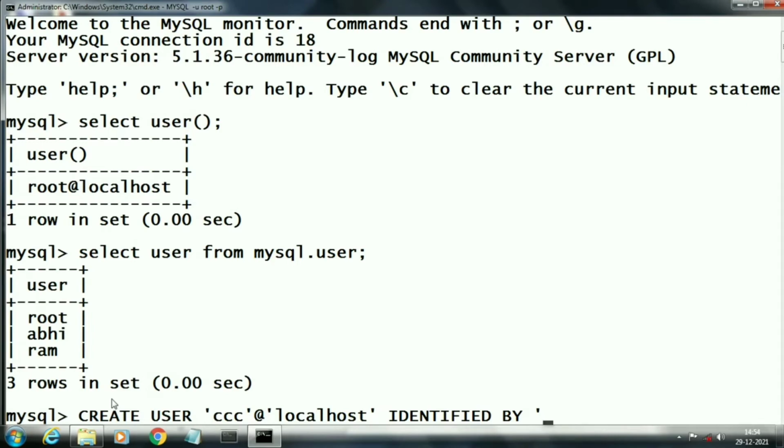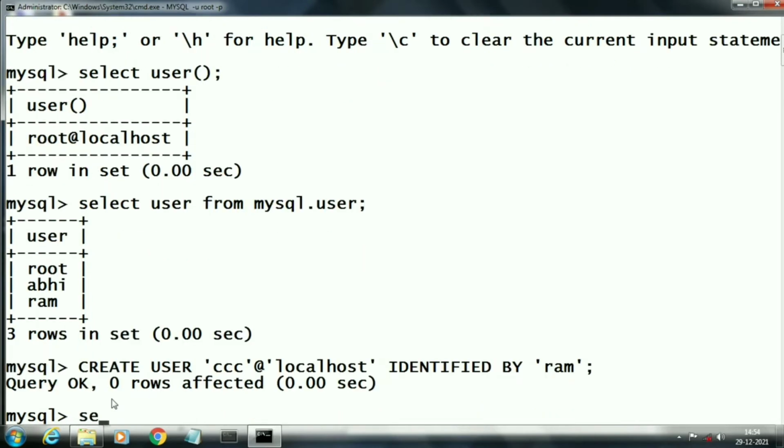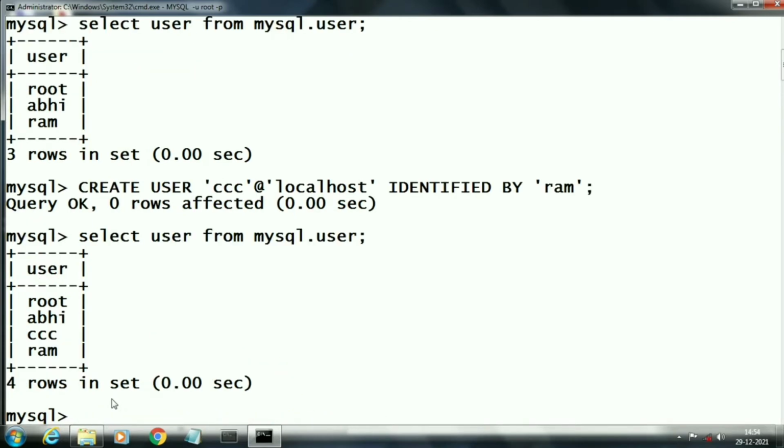Here I am using Ram as a password, then semicolon. In this way you can create a new user. By default we create new users using our admin because admin has all access rights. Now we are just viewing our user list. The new user is also now part of this list. It means we have created the new user successfully.